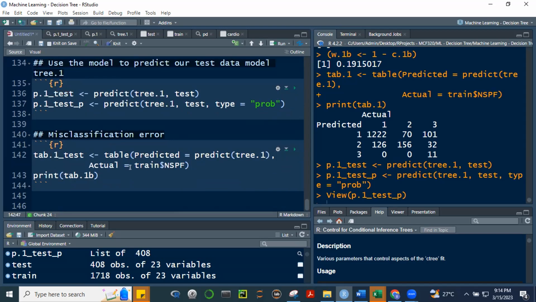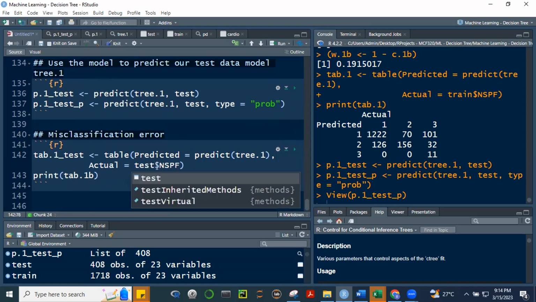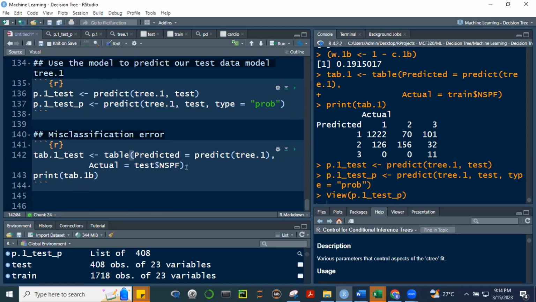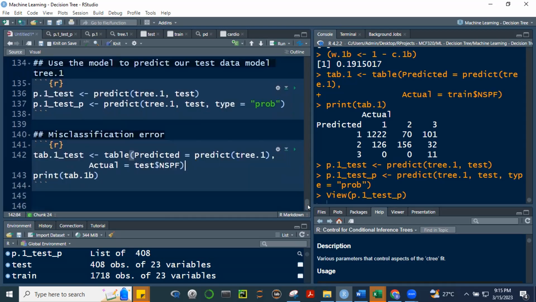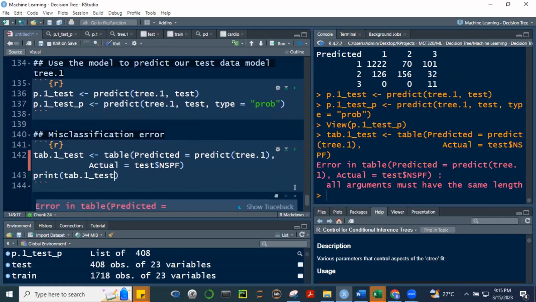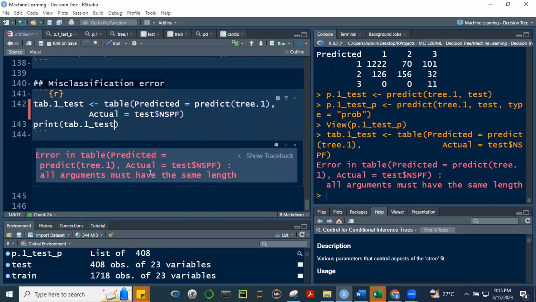Okay? And then ang actual natin is yung test. Yan. Yun ang difference, no? Yung test data. Okay? And ang ginamit natin yung 3.1 na method, di ba? Here, yung 3.1. Of course, we can use the 3.1a or the 3.1b. So sabi ko nga, i-compare na lang, no? Print natin si 3.1 underscore test. Alright? Let's run this.